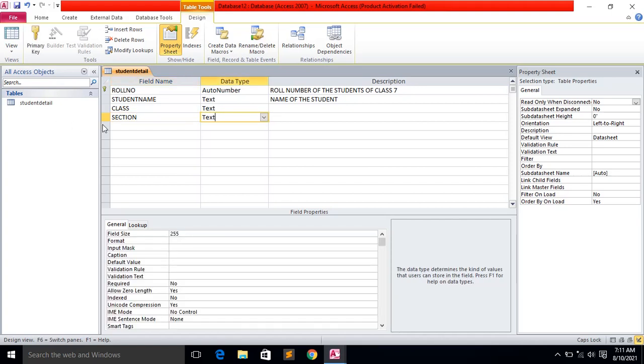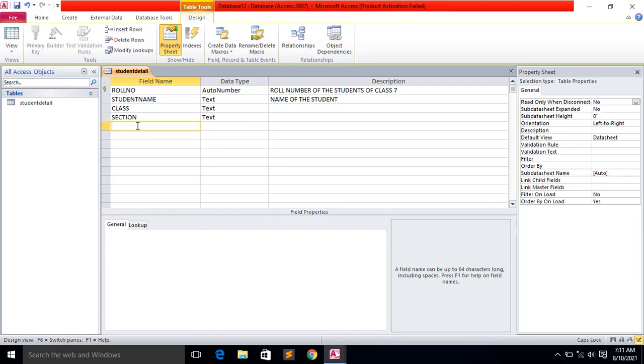Here also text. Then say date of birth. Date. Don't give spaces between the field. Okay. So date. If you want to write in short form, you have to give an underscore here. Date of birth.